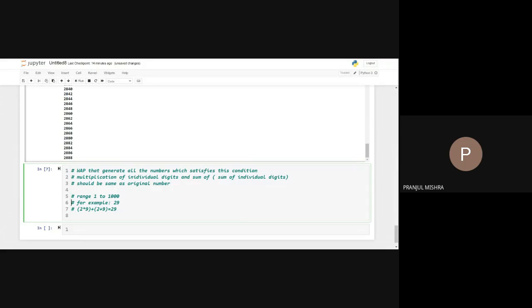Sir, I got it, but it is satisfying for 109. No, sir, just wait. What will happen for 109? I had defined it in such a way, sir. What if the input number is 109? It will divide it by 10, so we will get the remainder as 9. Then we will check for the condition. Can you present my screen again? Just a minute. I'm just trying to explain to you.